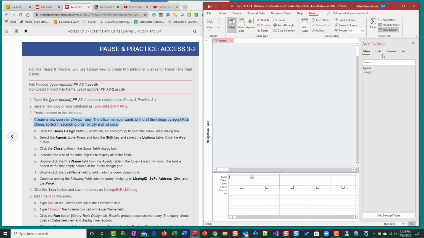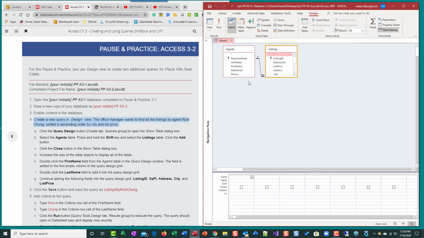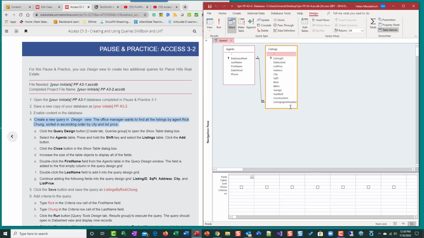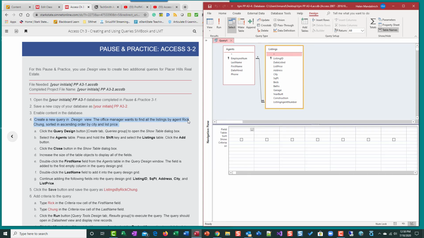We're going to select, make sure you're on where it says tables. We're going to select agents, listings, and close that up. I'm going to open these up so I can see all of my fields. And then I always like to bring my grid up. All right, so